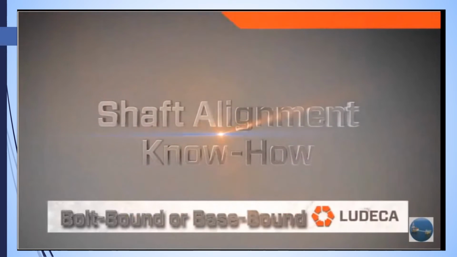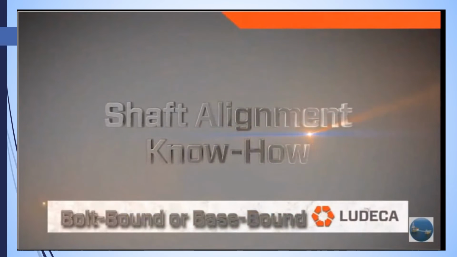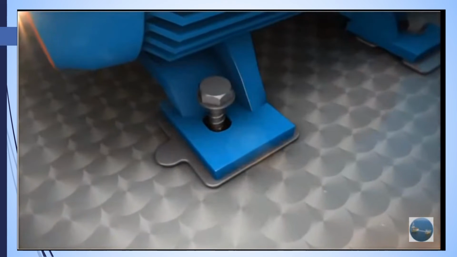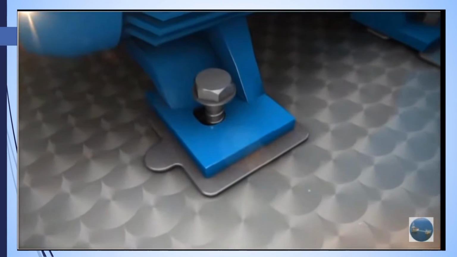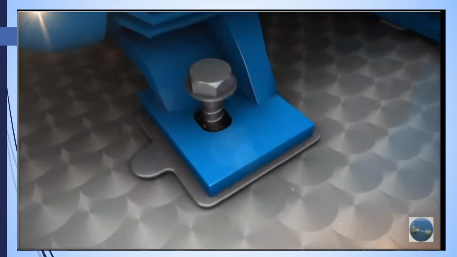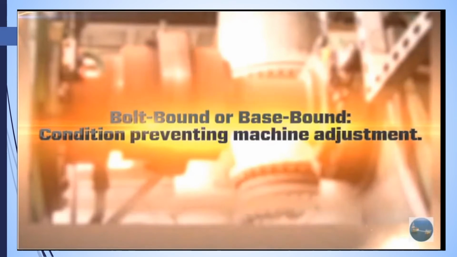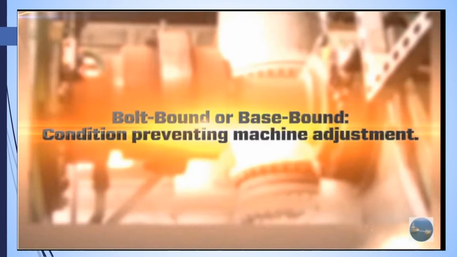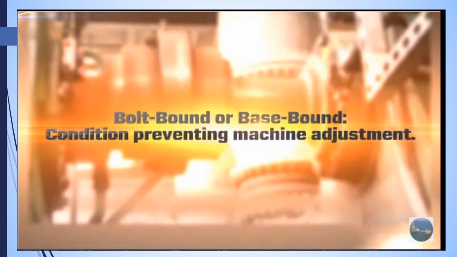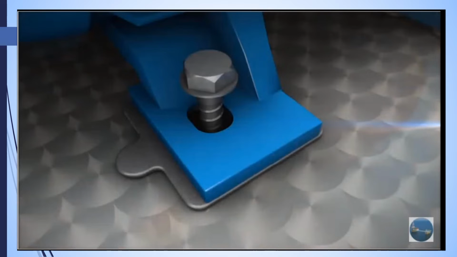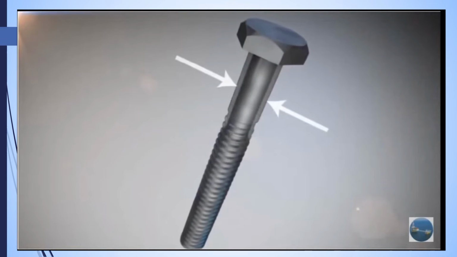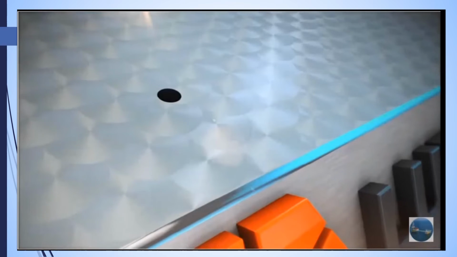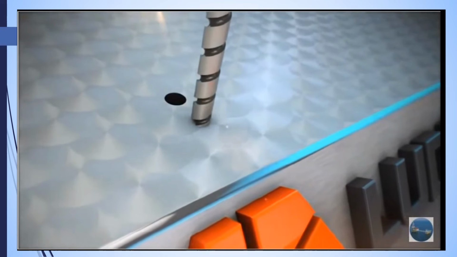Shaft alignment know-how: bolt-bound or base-bound. A common problem we encounter when doing shaft alignment is to become bolt-bound or base-bound. This is defined as a condition that prevents a machine adjustment from being accomplished because of insufficient clearance. Common solutions to being bolt-bound are: increase the bolt hole size in the machine foot, reduce the shank diameter of the anchor bolt, drill and tap a new hole in the base,